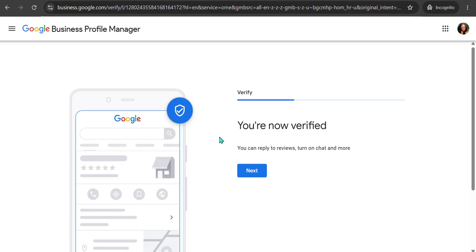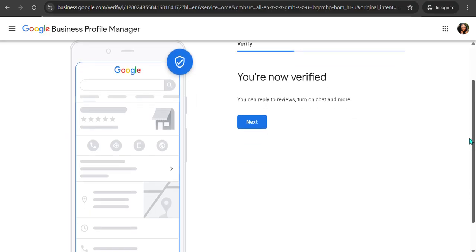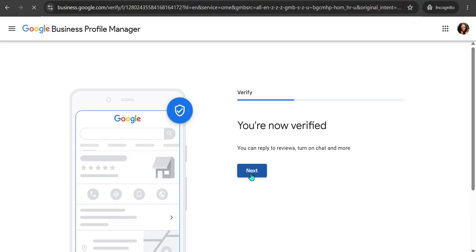Now, the reason why I became verified fast enough is that the phone number I've been using has been used before to verify businesses on Google. So it's easier, they know it. But if you have not done it with that phone number before, it will take a little bit of time. So no worries, your verification will come in due time. So click on next,